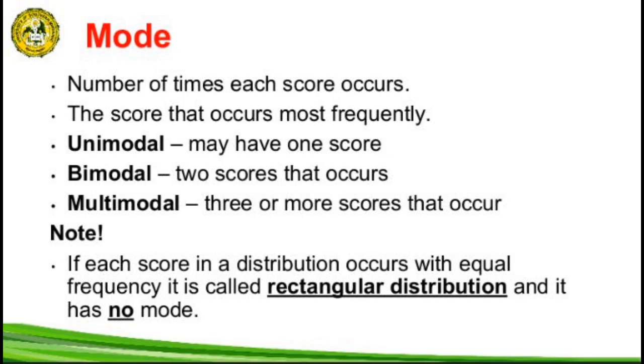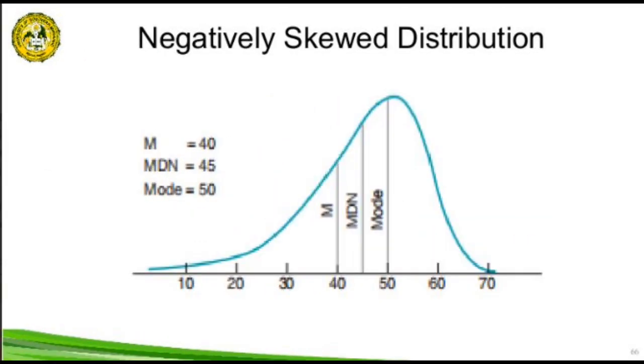We all know that mode is the score that occurs most frequently in the given data. If one score occurs most, it is known as unimodal, if two, it is bimodal, and if three or more, it is called multimodal. If the scores in the distribution occur with equal frequency, it is called a rectangular distribution, and it has no mode because it is equal. The normal, positively, and negatively skewed distributions, I will tackle in the classroom